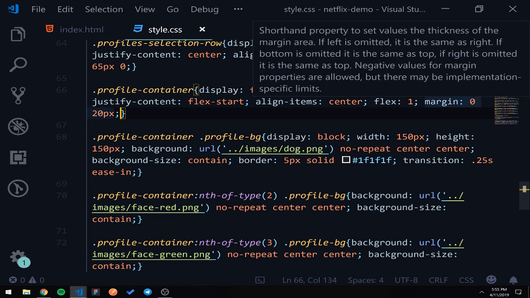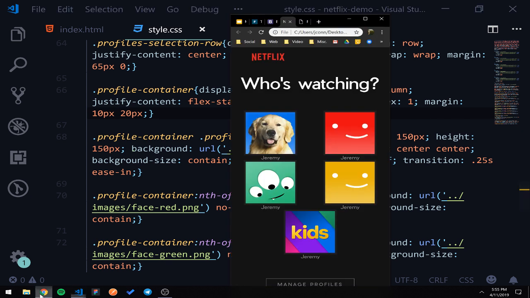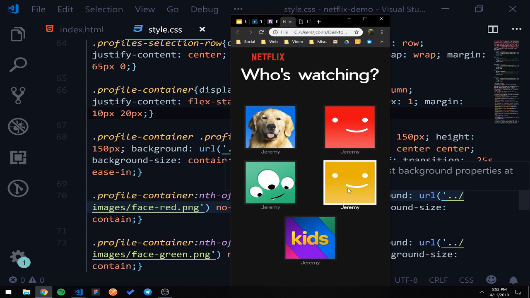We have margins 0, 20, so there's none on the bottom. So if we just give it, try 10 pixels, see how that looks. 10 pixels of margin on the top. So now they have a little bit of room too. So that way on mobile, if you're trying to put that on your profile, you know that it's